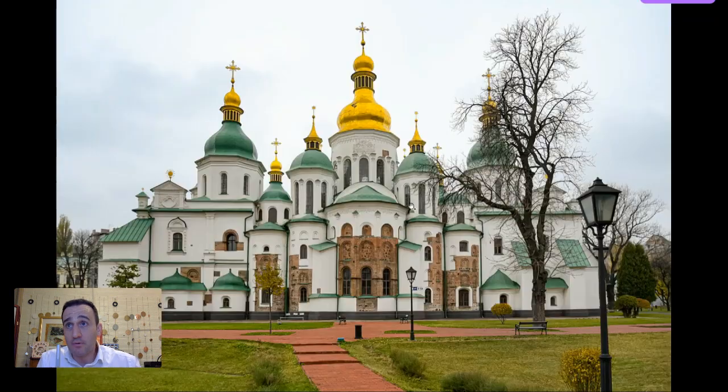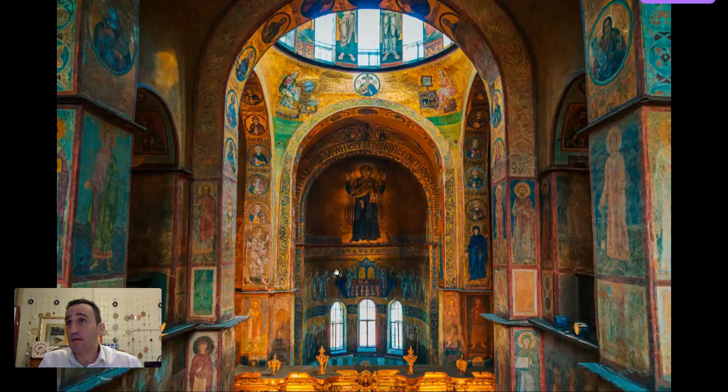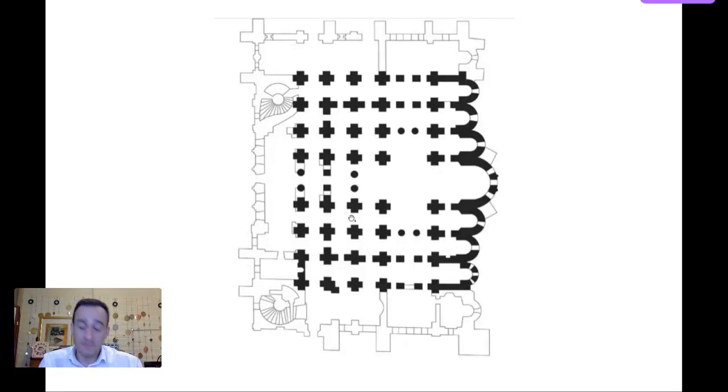This is also a hypostyle mosque. Here's another really good view of the primary facade. This is actually the rear facade. This is the rear apse we're looking at. If you remember back from the vocabulary we learned in the Renaissance lectures, I'll come back to the interiors. This is a hypostyle mosque plan.